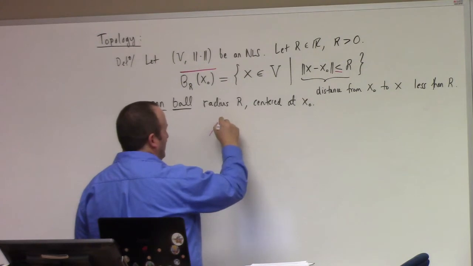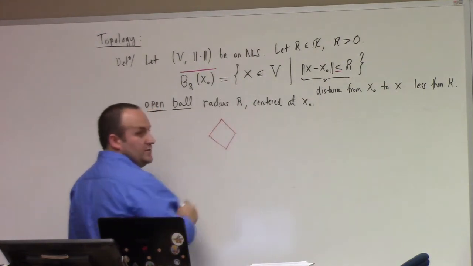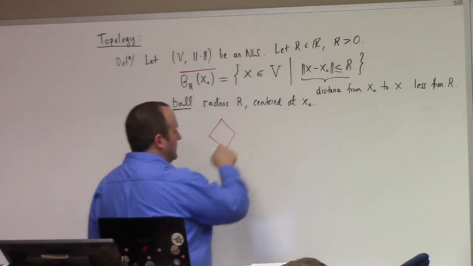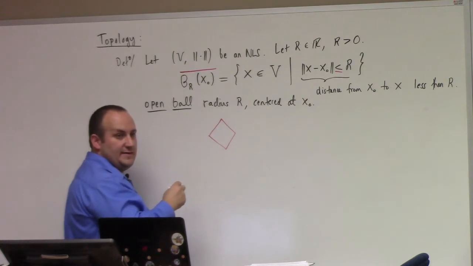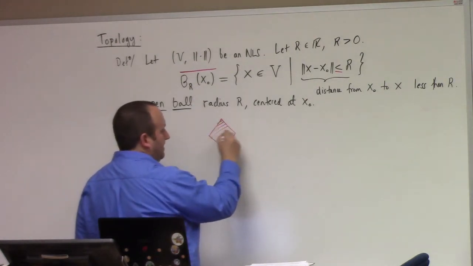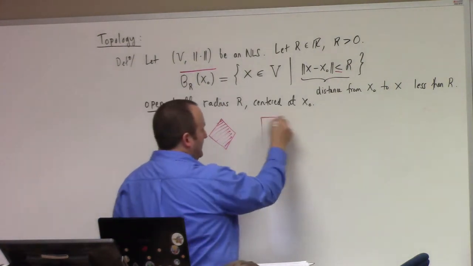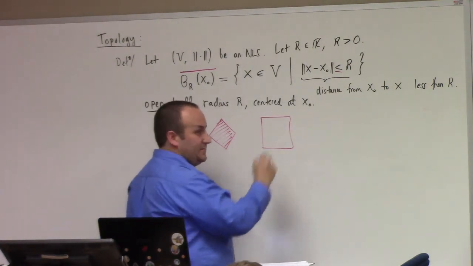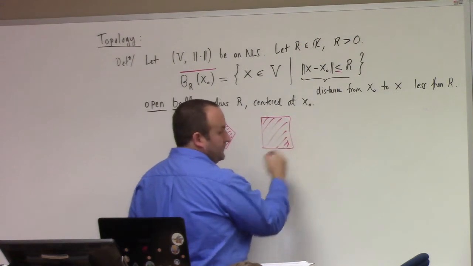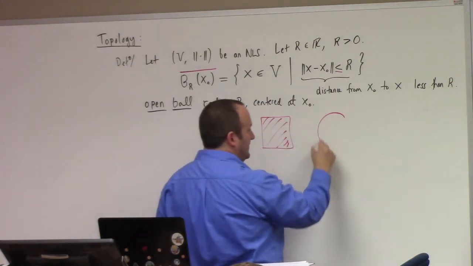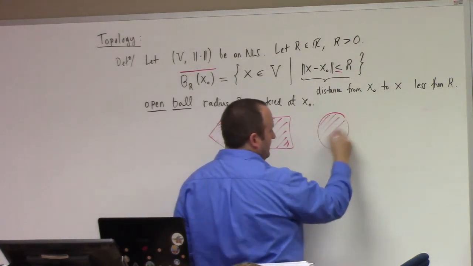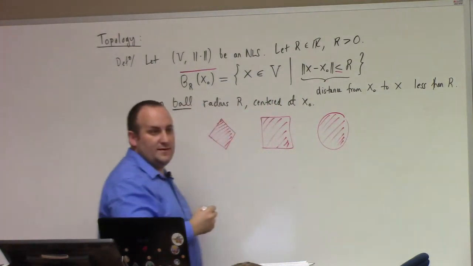Anytime. So this would be the closed ball in the taxicab norm, right? Closed ball radius 1 taxicab norm. Closed ball radius 1 sup norm. Closed ball Euclidean norm. If you want to make them open,